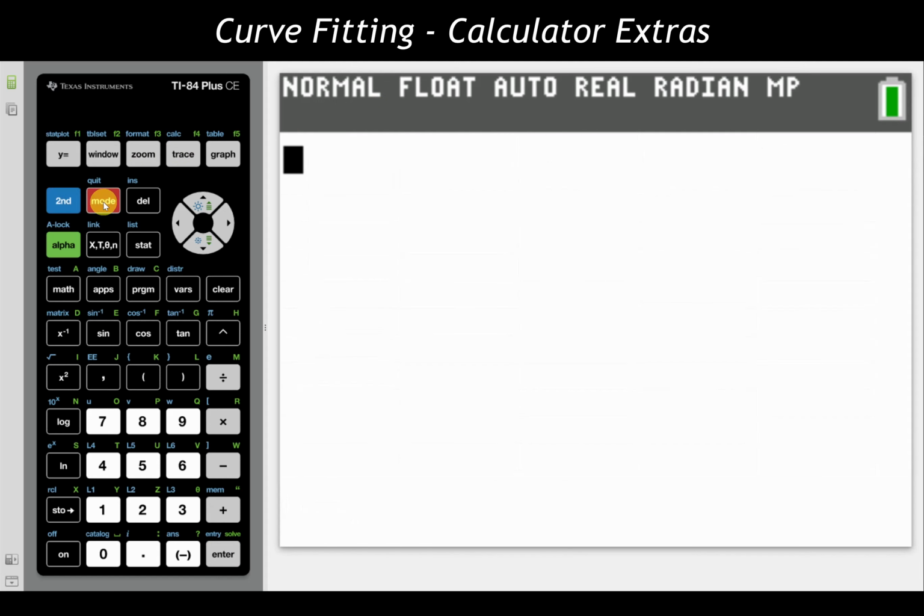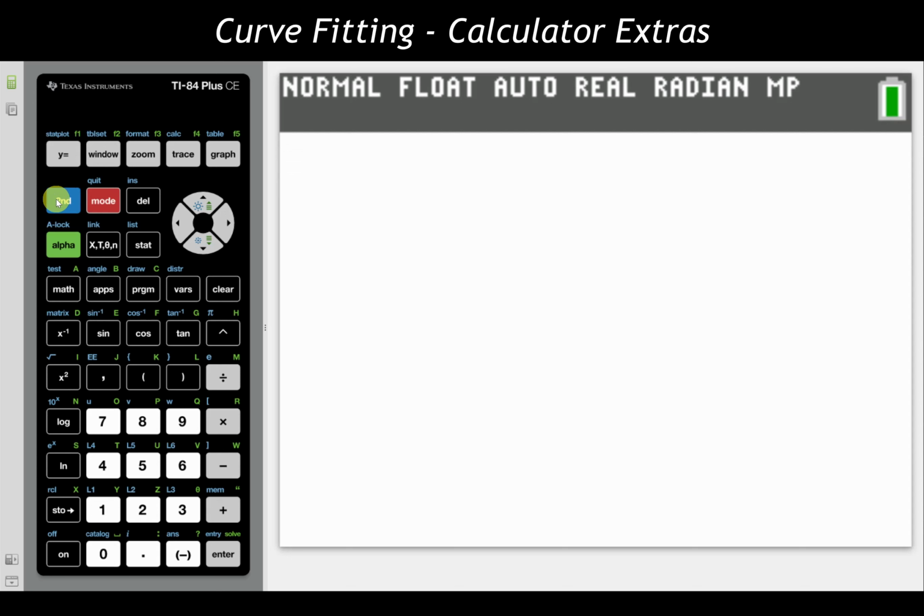So we're going second mode, coming back to our home screen, which means we are going to lose any and all extra equations or programs or things that you have calculated and put into your calculator. But this is going to guarantee that we're going to get that list back. Again, there's probably other methods you can use. You're welcome to Google them or YouTube them, but it might vary a little bit on a calculator by calculator basis. So this is the kind of nuclear option for all of them, but you're welcome to explore and find others if need be. Or we don't have this happen and then we don't have to worry about it.